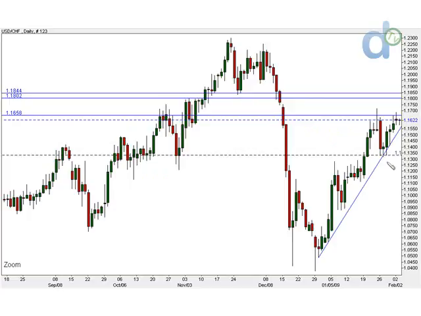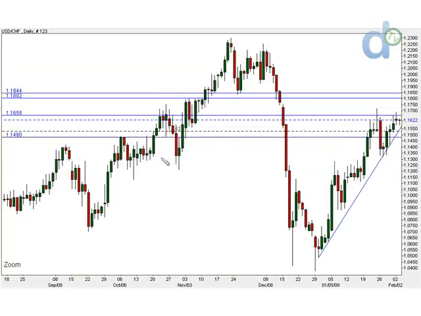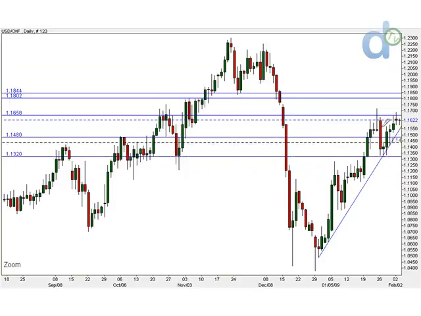If we're breaking down, you know, we've got quite a few targets that we can look at. We can look at this one right around there. We can look at a lower one roughly around there. I don't think it's going to go that low, but you know, we're looking at different targets. Here we're at a critical turning point or a critical junction. Depends what you're looking at.